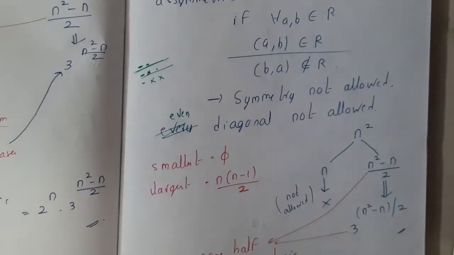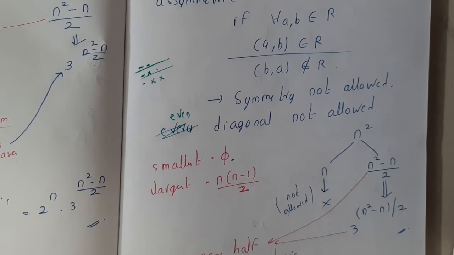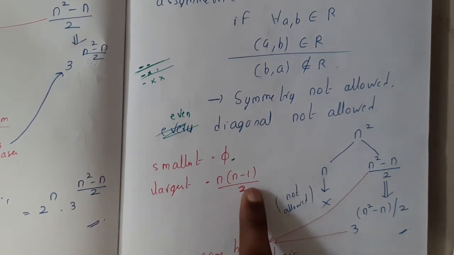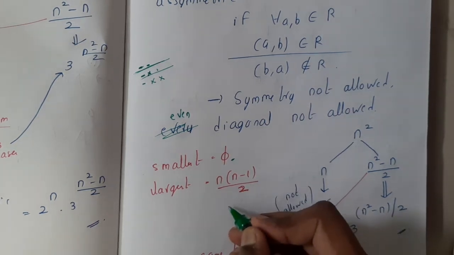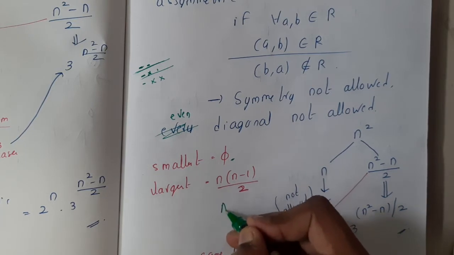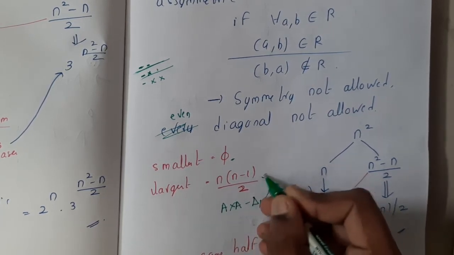So now what is the smallest possible relation, guys? It is nothing but 5, right? And what is the largest one? It is nothing but n into n minus 1. Few students will be like, what is this n into n minus 1? Basically it is the Cartesian product, which we can write as A cross A minus diagonal of A, guys. So that's what it is, written in some other way.